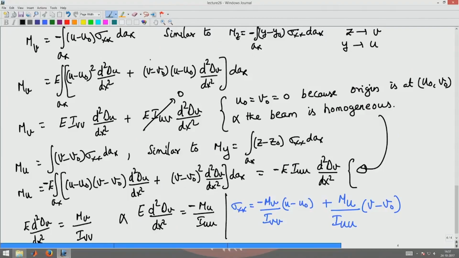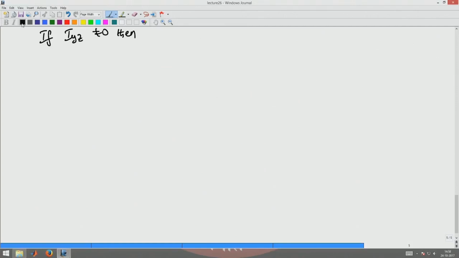Next, what we want to do is see what happens when Iyz is not 0. That is, I am dealing with the given axes y and z. If Iyz is not equal to 0, then whatever we did till here still holds, this equation still holds, and I will get y naught as this, z naught as this. And then whatever we did till there holds. So, when Iyz is not 0, I have